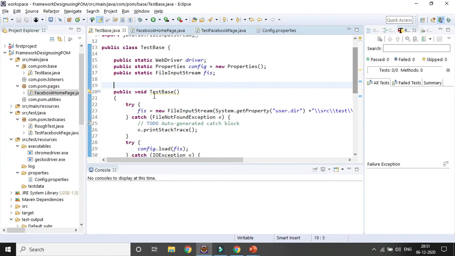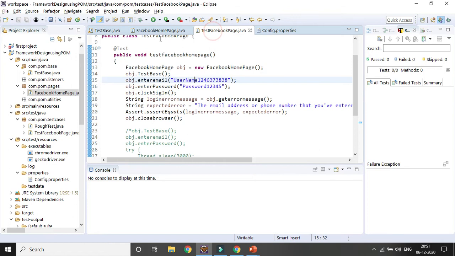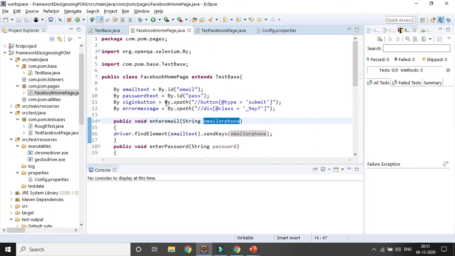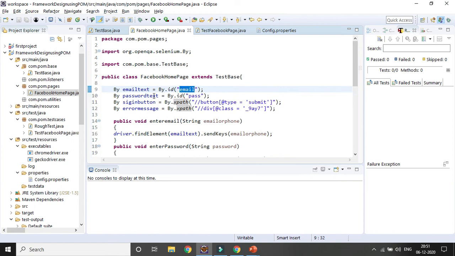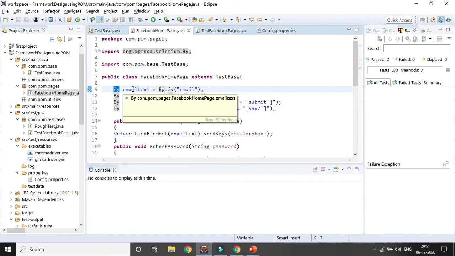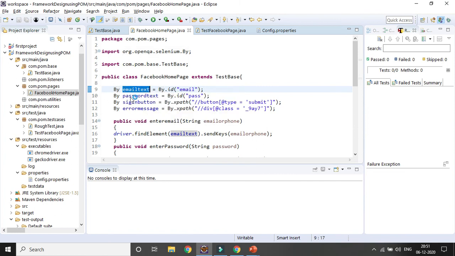Okay, so in the Facebook homepage I have created 4 different methods, right? Before creating the methods I tried to get all the properties, like the ID for the relevant field, and with the help of By locators I saved all the element locator references into variables.